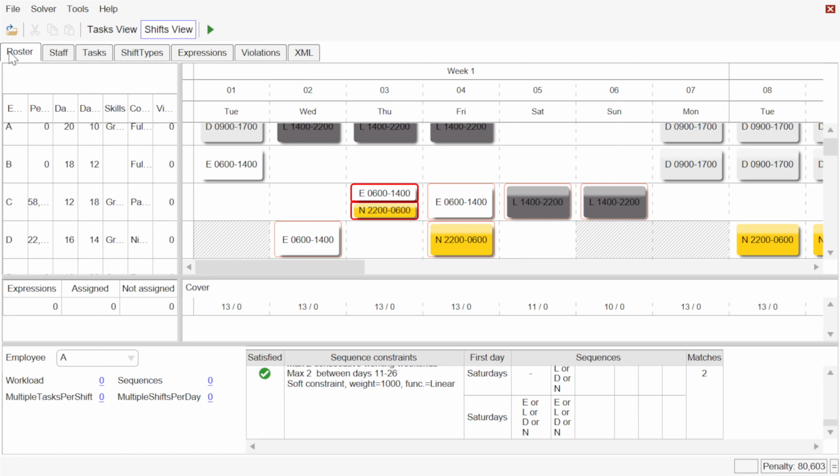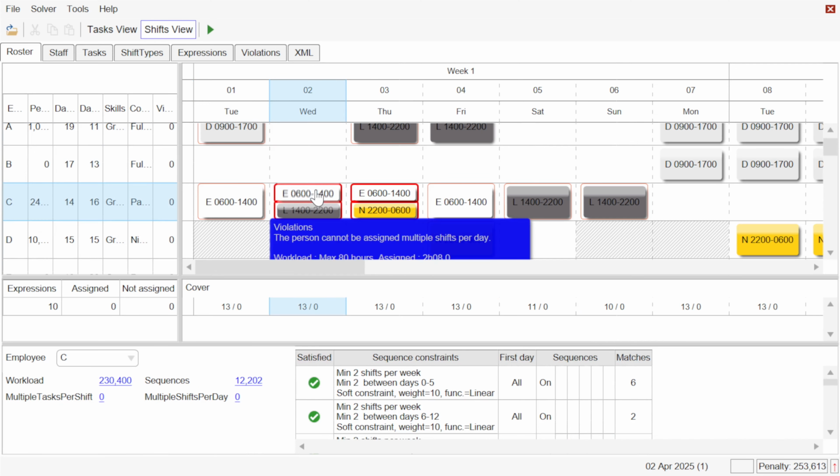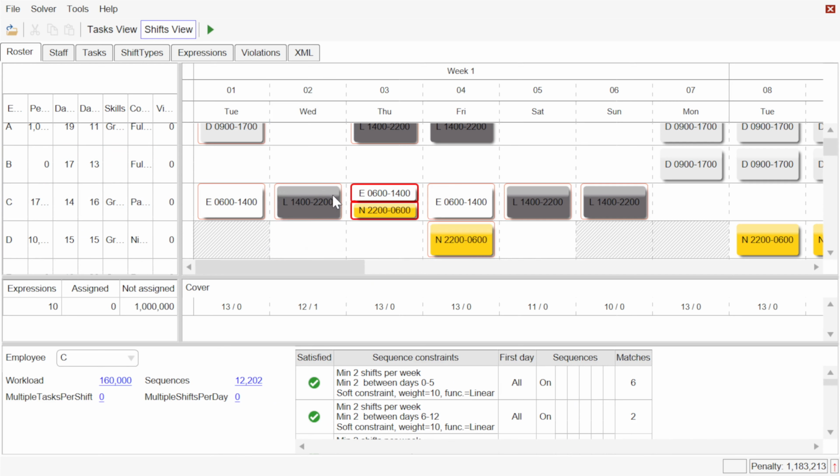Once the problem inputs have been defined, then it is ready to be solved. To distinguish a good solution from a bad solution, the solver uses a penalty function value. This is a number which represents how many constraints are satisfied in a solution and their relative importance. A penalty of 0 means that all constraints are satisfied. However, as constraints typically conflict with each other, there normally is not a solution with all constraints satisfied. Instead, the solver must find the solution with the lowest possible penalty. This value is shown here and can be seen to change as shifts are reassigned to different employees, or unassigned